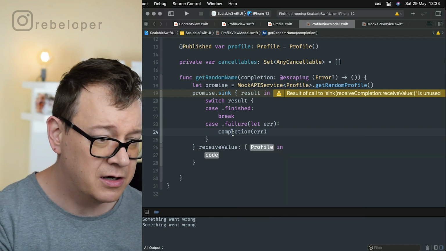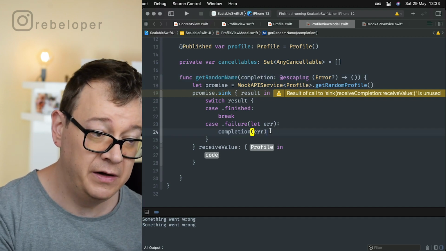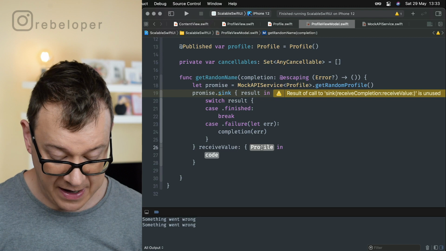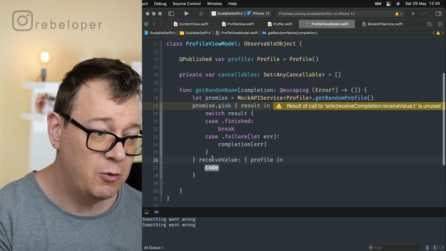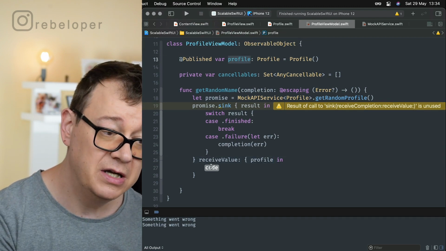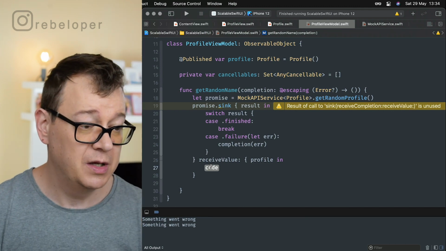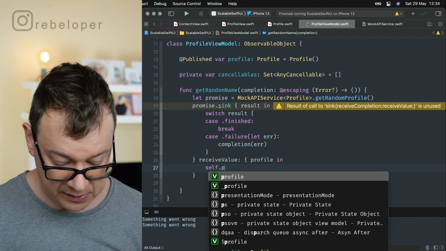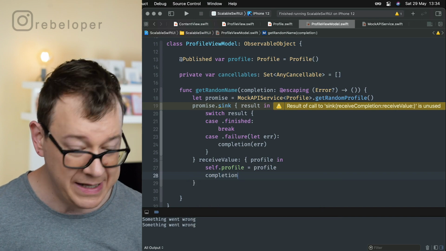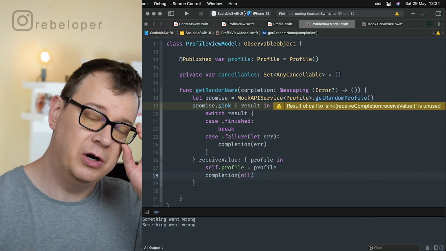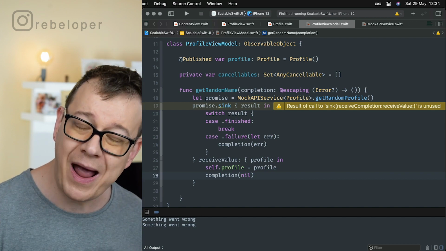And again, when we are completing with that error, we are going to notify the view that we have an error. Otherwise, when we receive a value, we are receiving a profile, as you can see. And what do we do? Well, we update the published variable profile. So the published variable will take care of updating the view. Okay, so self.profile equals profile. And we are also going to complete with nil, so the function on the view also knows that there were no errors